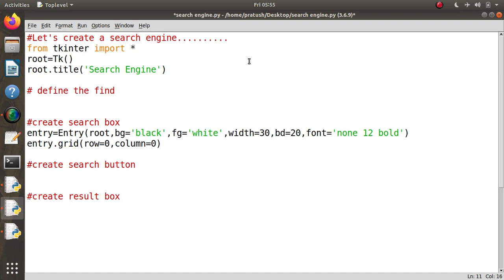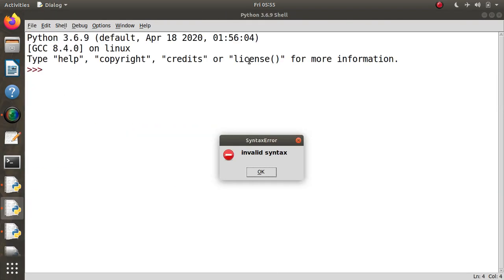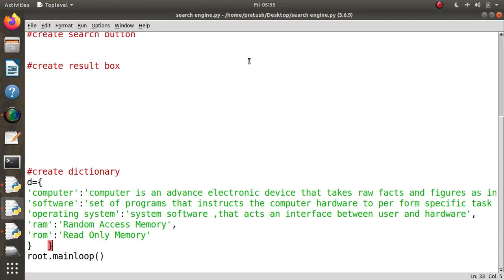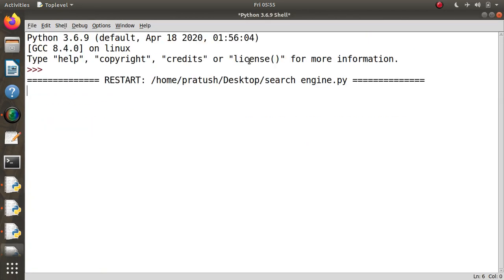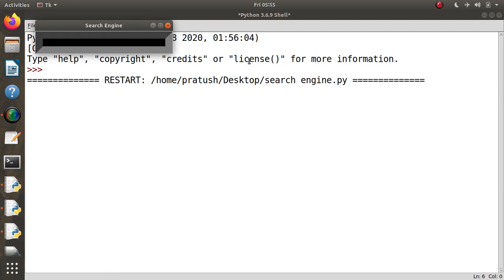No, we will choose row number 1 and column number 0. Okay, let's see the output of what we have made. Oh, something is incorrect in it. Let's try to correct it. See the output. We have made this search box.